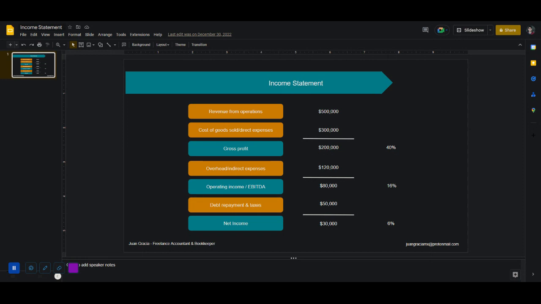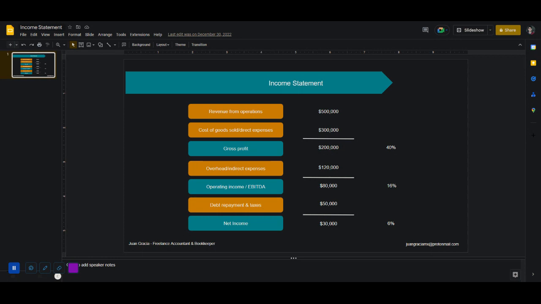Yeah, it's going to be here on indirect expenses, and of course the office. If you're renting a place, you're paying debt or mortgage on your office and your warehouse, it's going to be here. And if we subtract now, we already subtracted the direct expenses, and we're going to subtract now the indirect expenses. What we're going to be left with is your operating income, or what finance guys on Bloomberg like to call